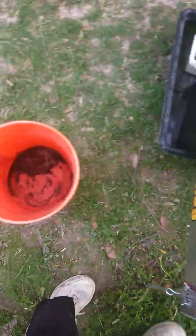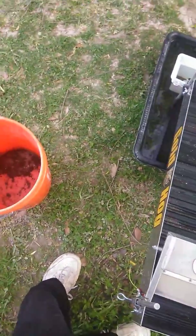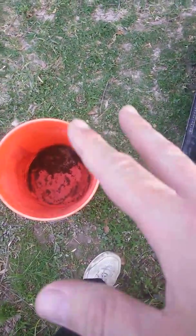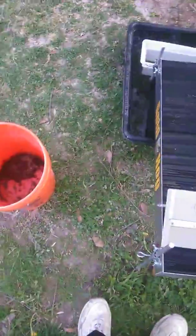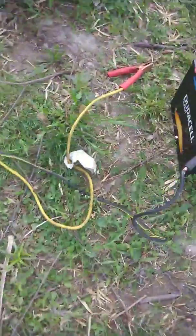I almost didn't want to run these two together, but I had such a small amount of dirt that I didn't really want to have to rip out the mats for such a small amount of dirt. It kind of throws off the sample now, because if there is any gold in this stuff, I don't really know if the gold that I find when I do this whole thing was actually in here or just in there. But you know, I'm lazy, so I'm willing to do it. And like I said, I'm already happy with the bag, so if I don't get much else, then I'm still happy. All right, so now